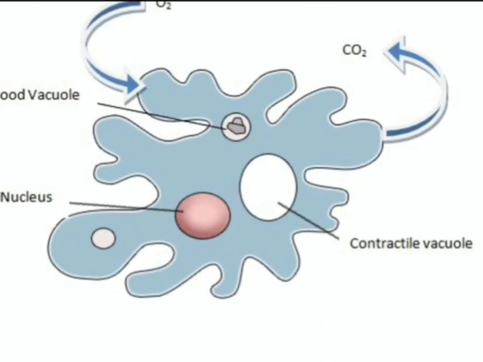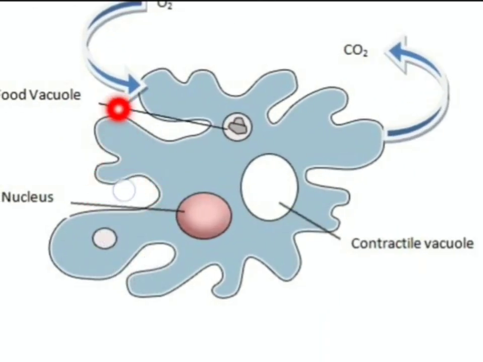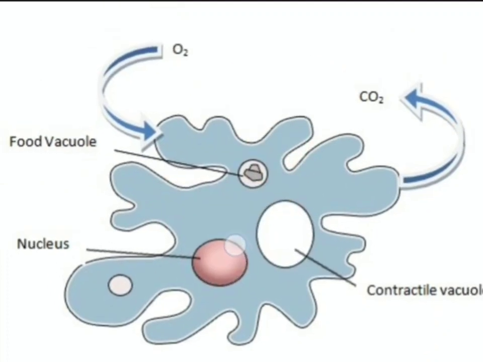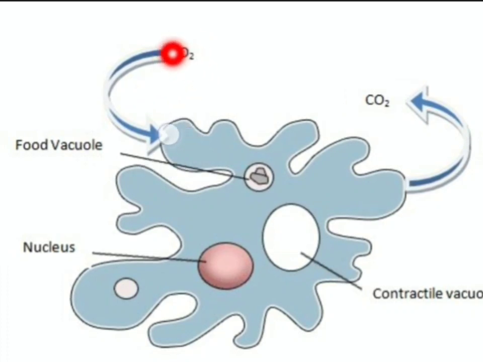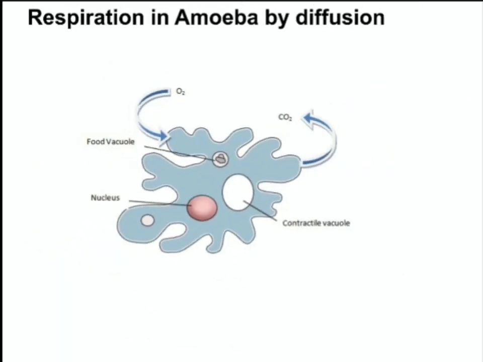Moving on to respiration in unicellular organisms like amoeba. They respire by simple diffusion with the help of the cell membrane. The outer layer of these organisms is known as the cell membrane, or sometimes the plasma membrane. This membrane helps in the diffusion. Oxygen-rich air is present outside, which goes inside, and after the whole process of respiration and breakdown, CO2 is produced and comes out through this plasma membrane only. So diffusion does the action in the case of single-celled organisms like amoeba.